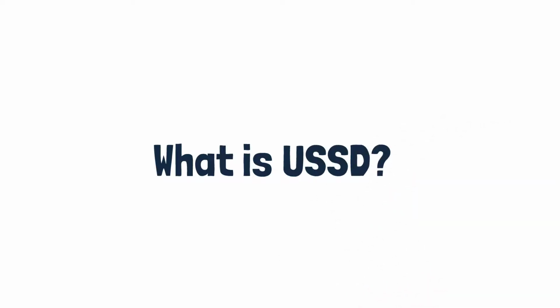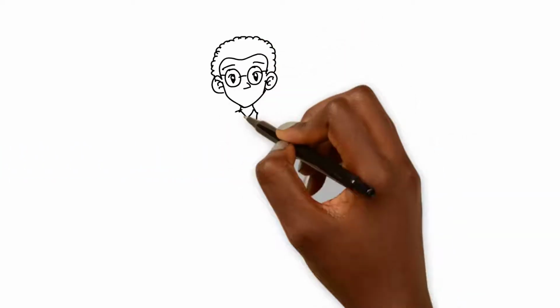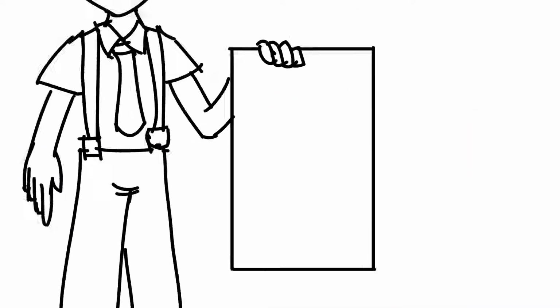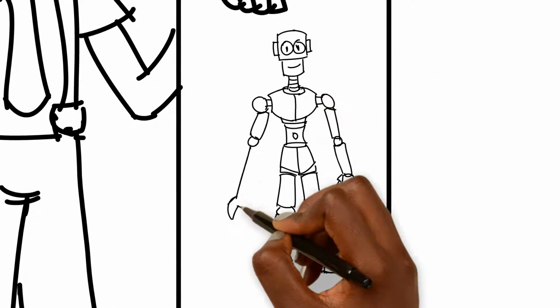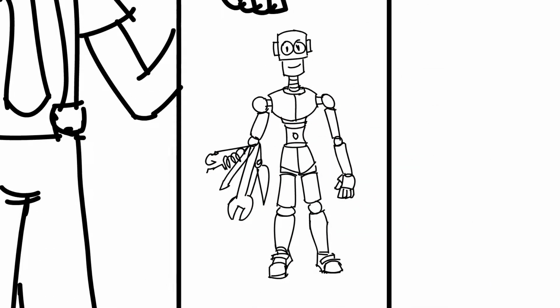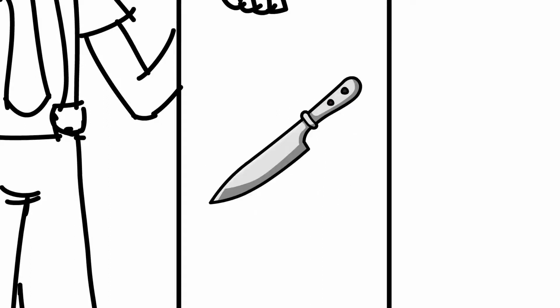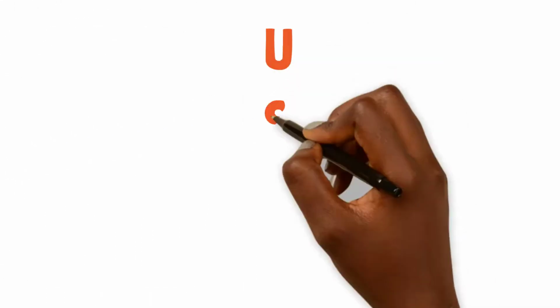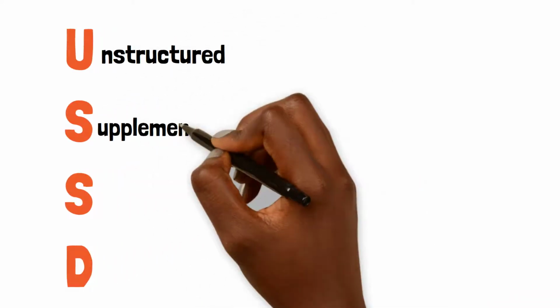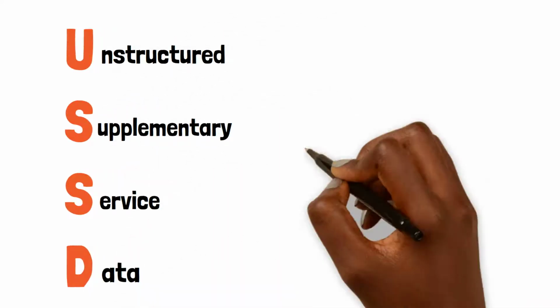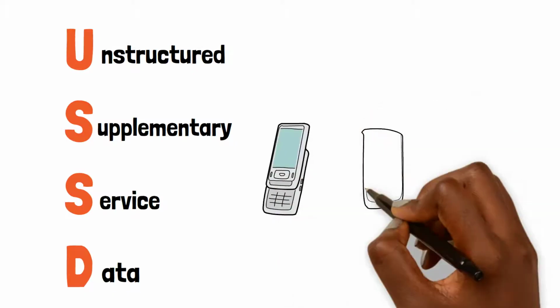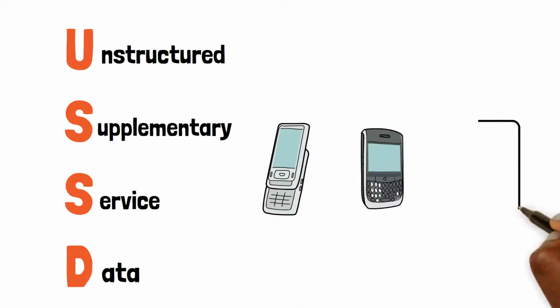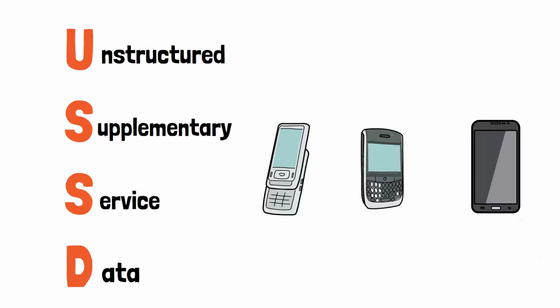What is USSD? People in tech have a reputation for looking for high-tech ways to solve even the most basic problems. But sometimes, there's beauty in simplicity. And USSD technology is as simple as they come. USSD stands for Unstructured Supplementary Service Data. It's a mobile technology that's more than 20 years old, but is still being used on the most sophisticated phones